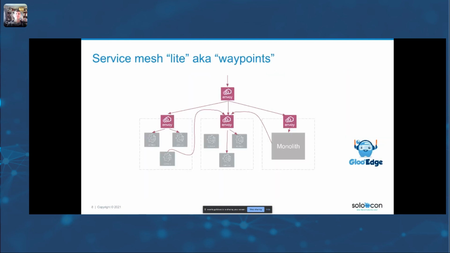Now, another thing that we've seen with folks adopting this type of technology is maybe they don't need a service mesh right away, or maybe they need some of these features, but they don't need to deploy service proxies with every single service instance and so on, or they want to start small. An approach that they take is to use some of the common technology like Envoy and use that at strategic gateway parts of their architecture, or a service mesh light, I've heard some people call it, or I call it waypoints, right?